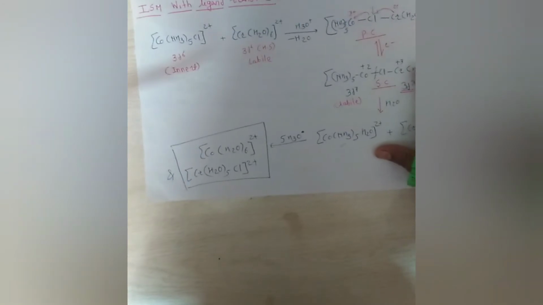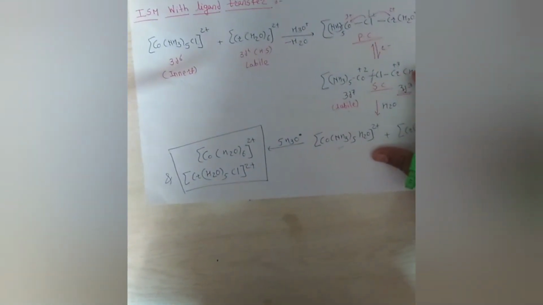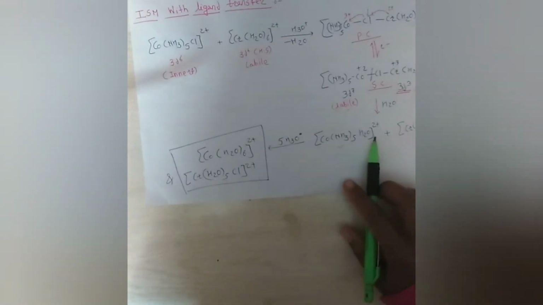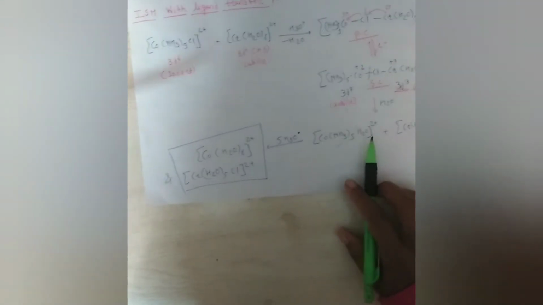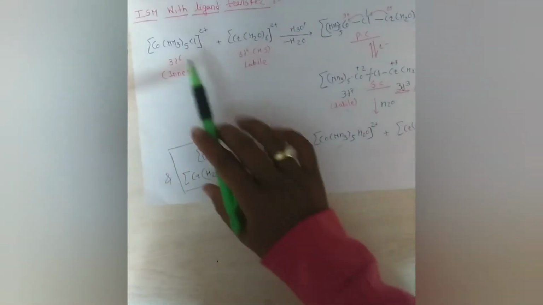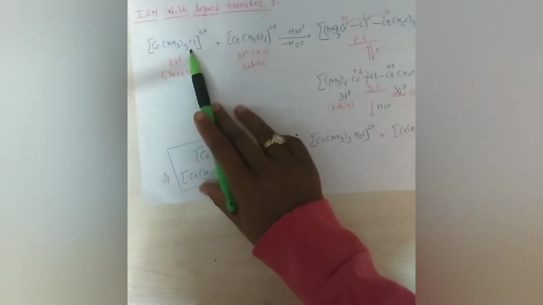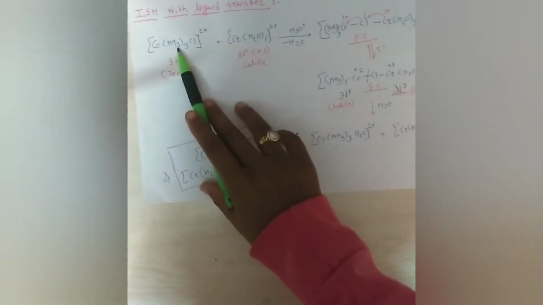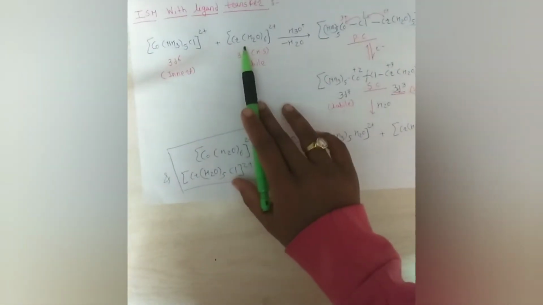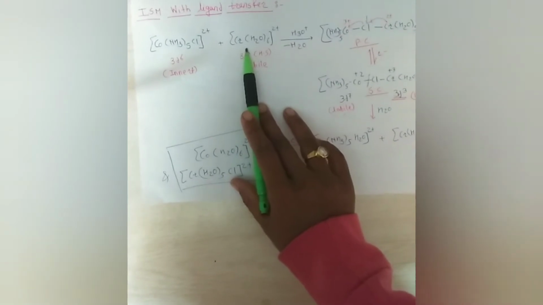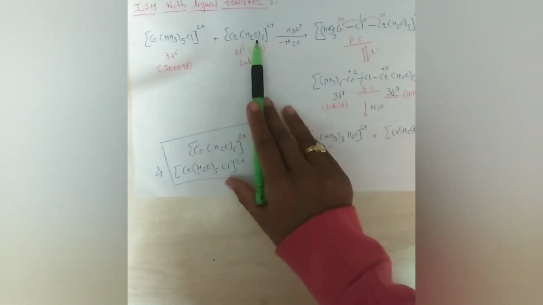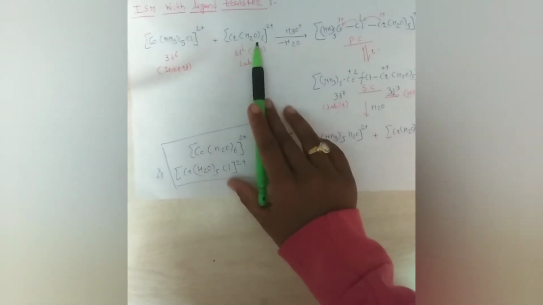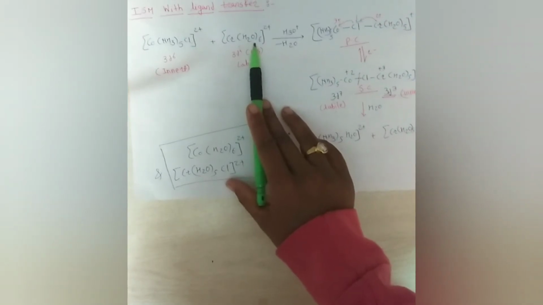Here there is one more step as compared to the inner sphere mechanism without ligand transfer. Here the transfer of ligand occurs from one complex to another. See here, in the first case there is presence of Cl. It gets transferred from this to the chromium containing complex. So I hope you are clear with this concept of inner sphere mechanism without ligand transfer and with ligand transfer.